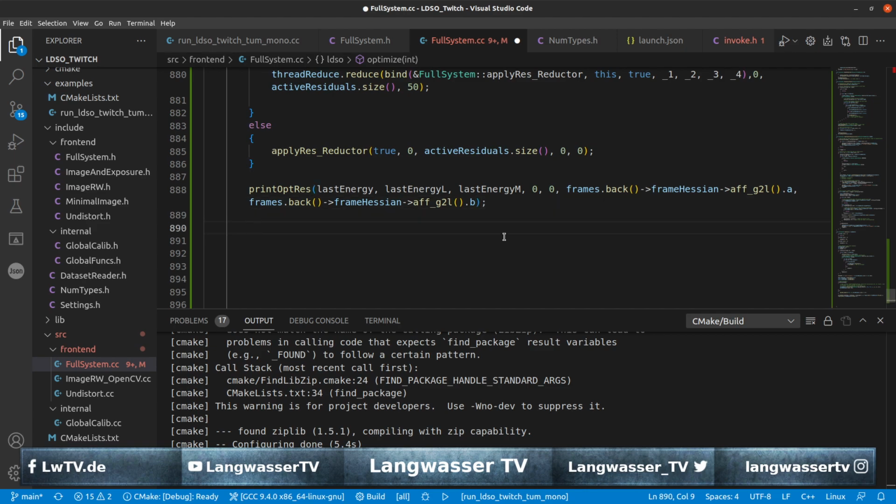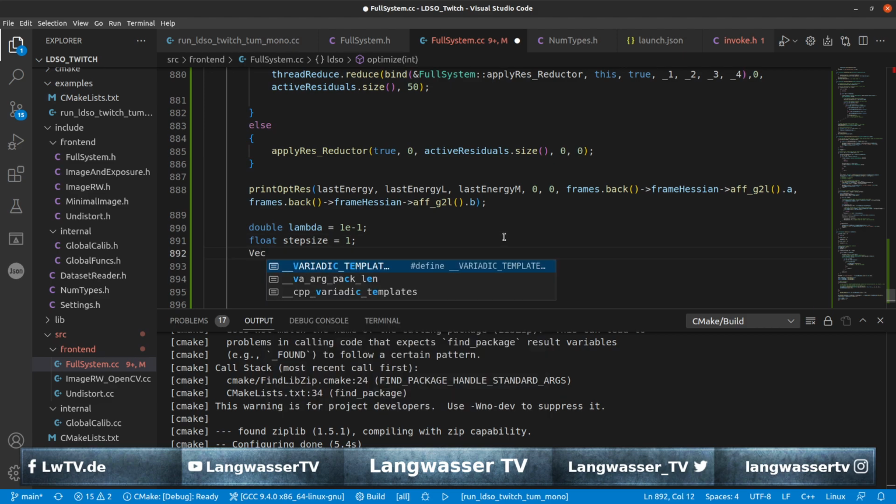Okay, let's create the semicolon here and continue with double lambda. Lambda is equal to 1e-1. Then we have a float step size, which is equal to 1. And then we have a vec x called previous x, which is equal to vec x. From that object we create a constant vector,